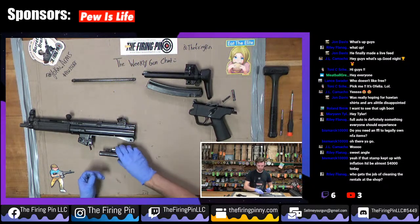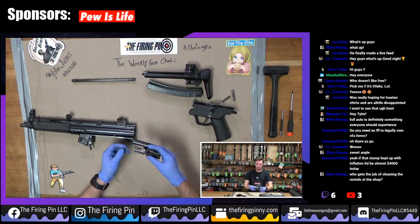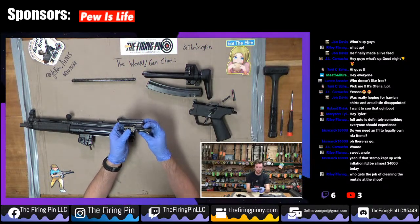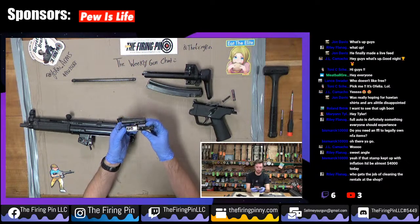I have a lot of experiences with this thing. Very interesting experiences. So now looking at our bolt, this is the part that I was referring to, the roller